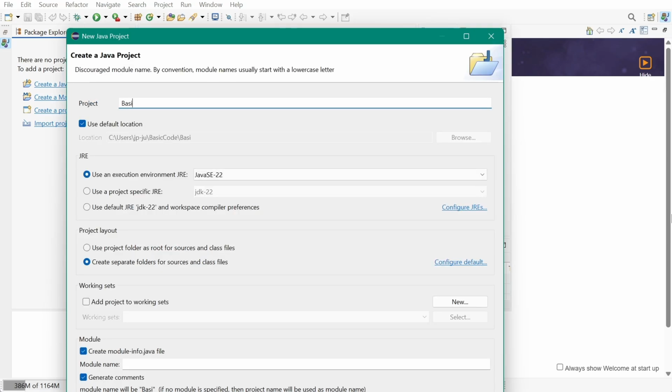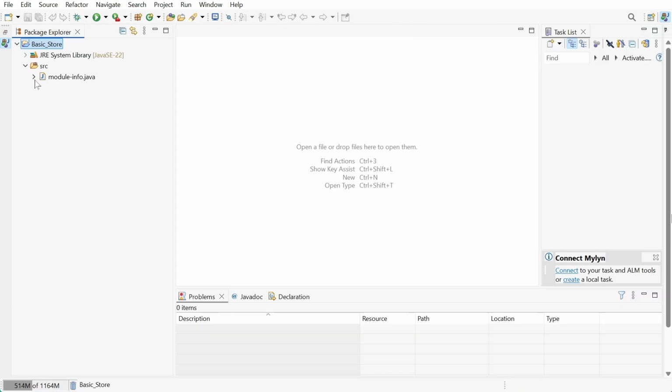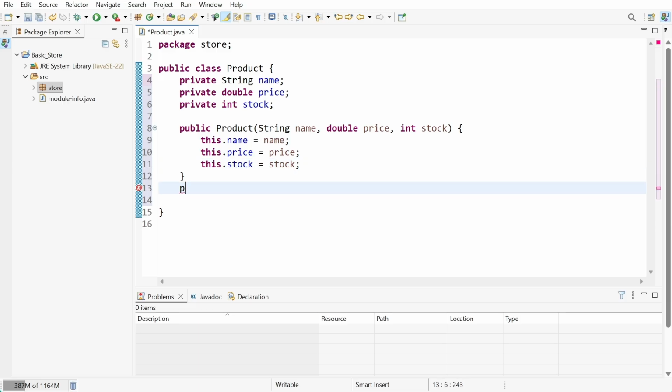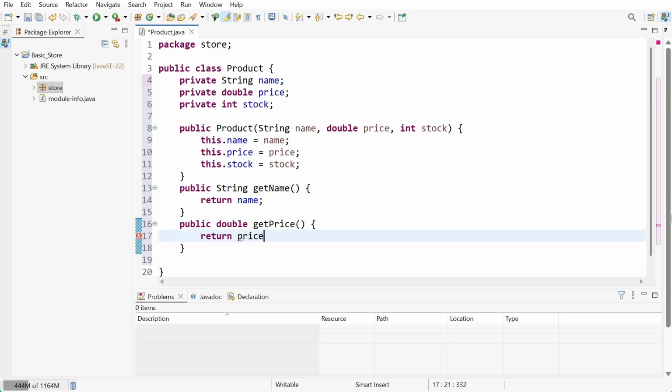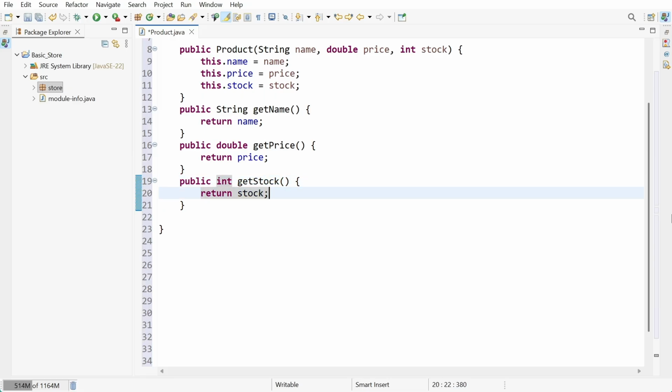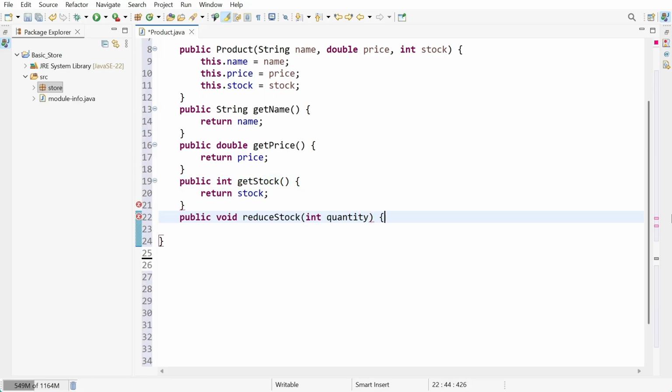This is a Java program explained in just over a minute. I start by defining the package, since Eclipse usually generates this automatically, and then I create the product class by declaring its attributes like name, price, and stock, adding a constructor to initialize them, and including getters along with a